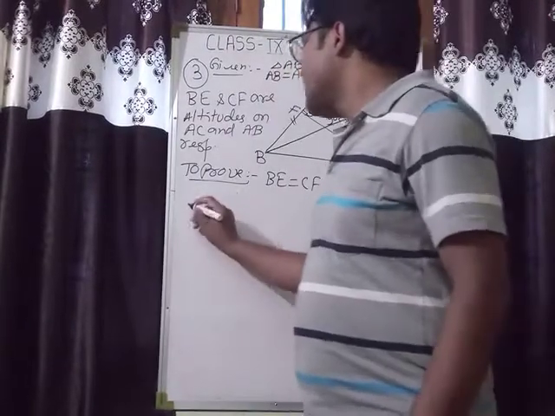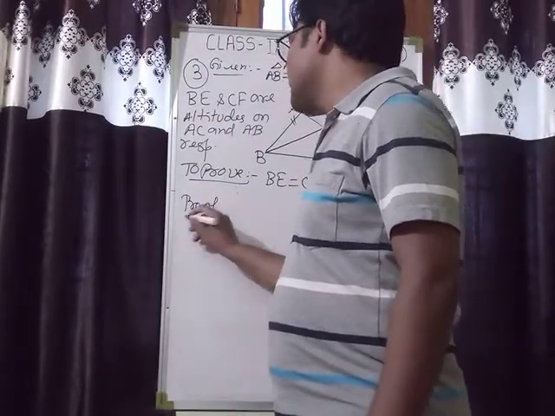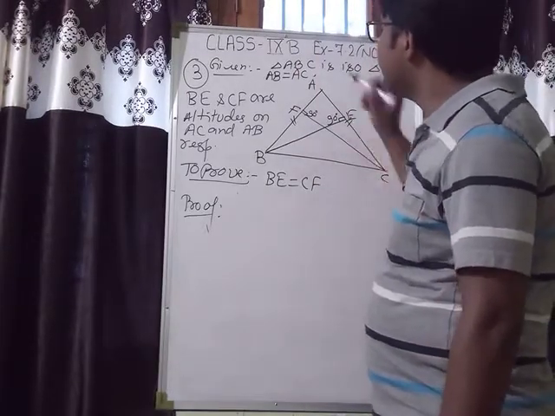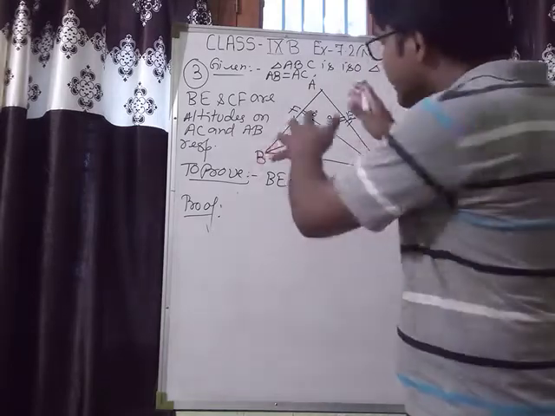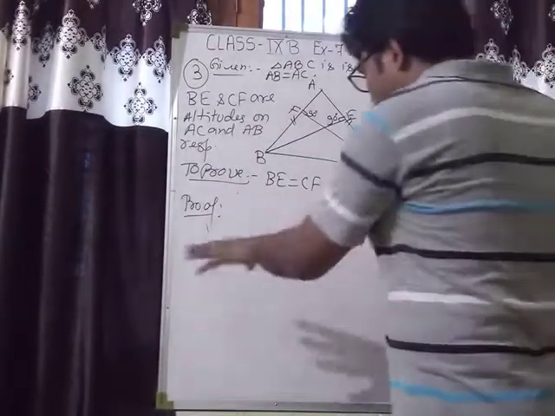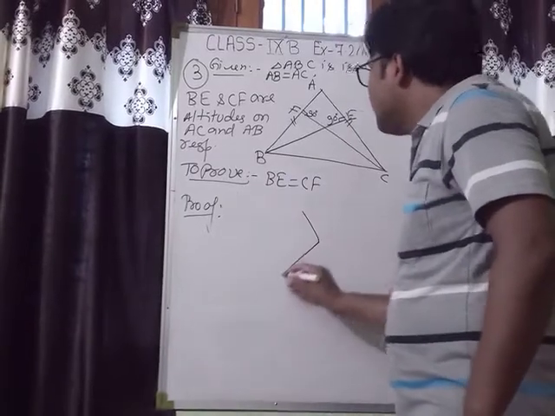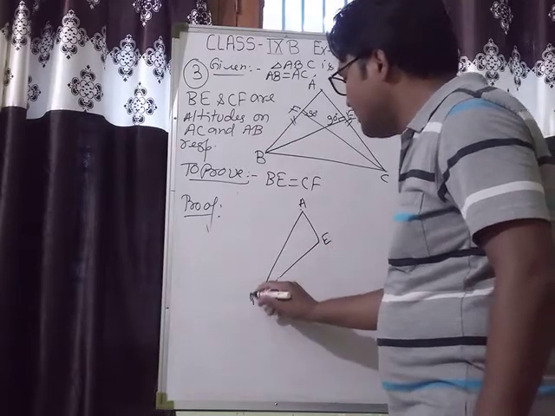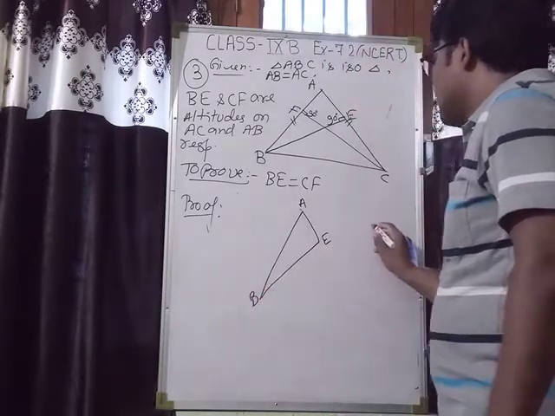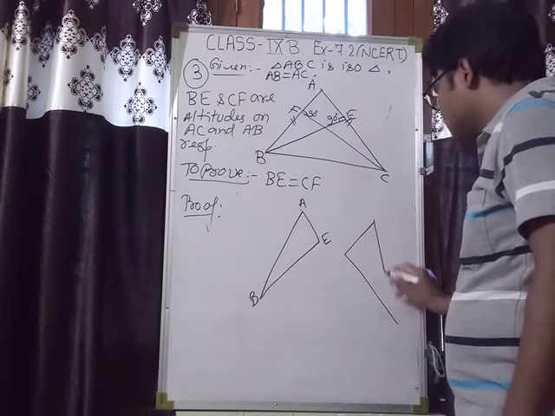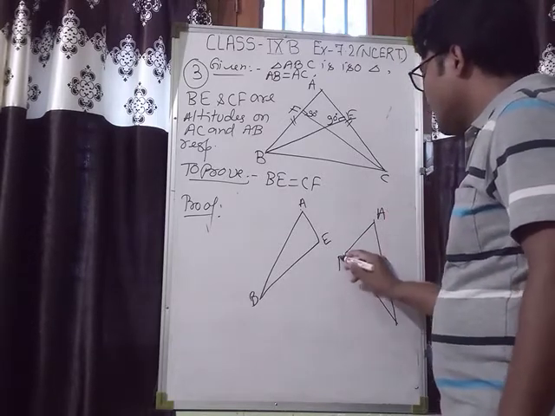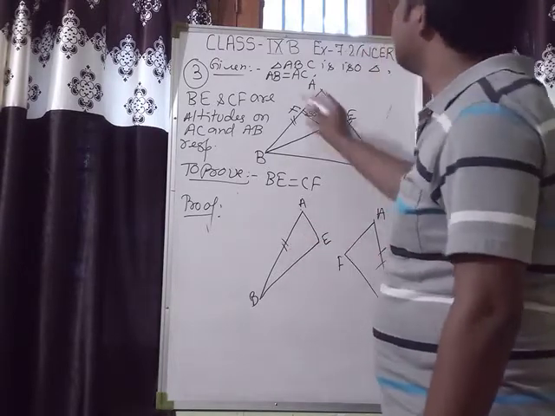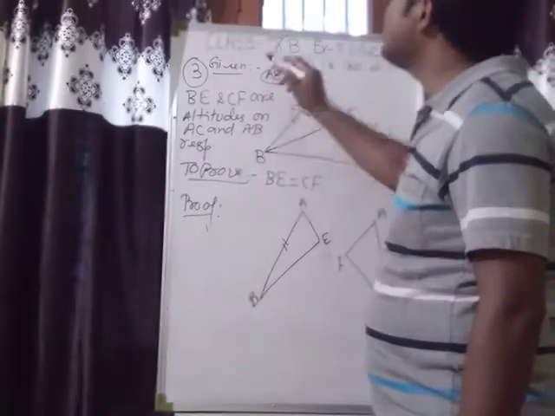See, that's very easy. I am going to prove this. See carefully. Consider triangles AEB and AFC. I am going to draw these two triangles in different places. This is AEB and that is AFC. You can see AB and AC are equal, it is given.